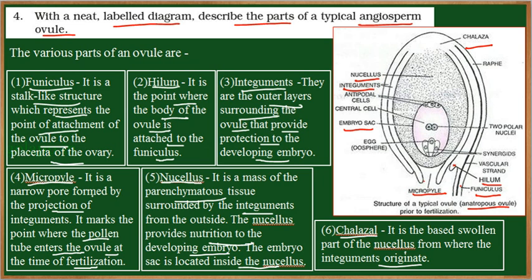The entire ovule is connected to the funiculus through hilum. The entire ovule is protected by two outer layers called integument, and inside the integument is a nucellus, which provides nutrition to the developing embryo, and it also houses the embryo sac. Now there are two ends, one end called the chalazal end from where the integument will develop, the opposite end called the micropyle end where a small pore is left so that the pollen tube carrying the male gametes can enter into the ovule. Now these are the structures of a typical angiosperm ovule.